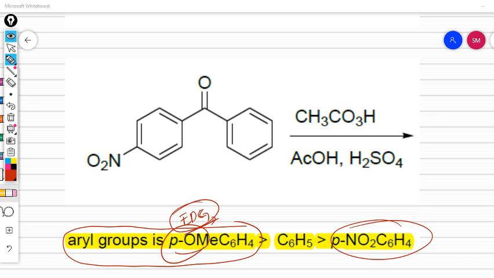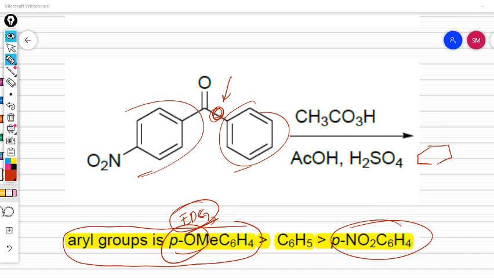So the groups with donating character will be more migratory. Compared to these two, this one is having withdrawing groups, so it will be less migrating when compared to this. So this one is going to migrate during the esterification, so oxygen insertion will be here. So the product will be